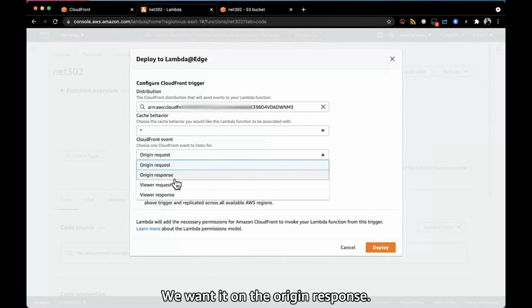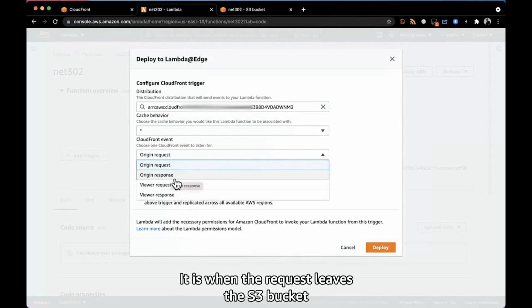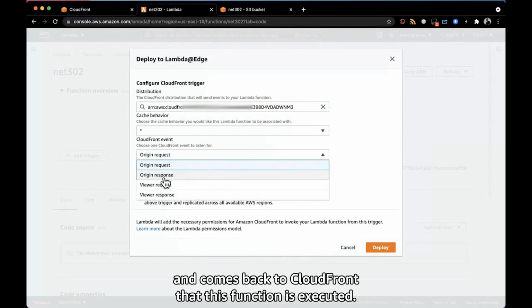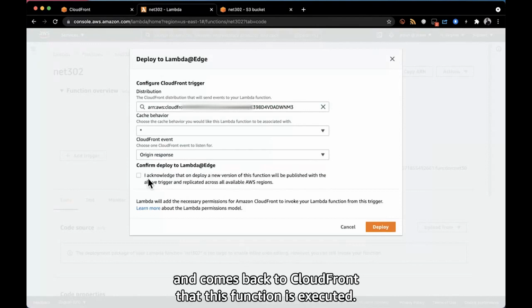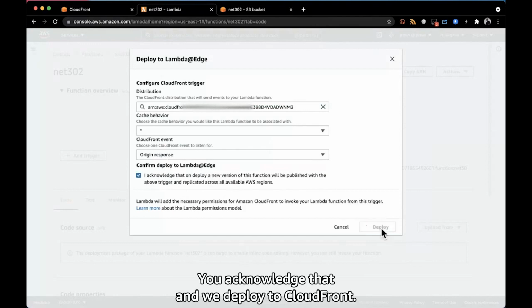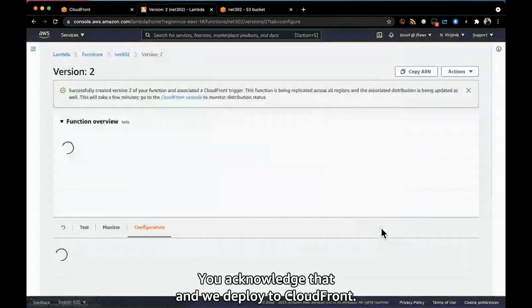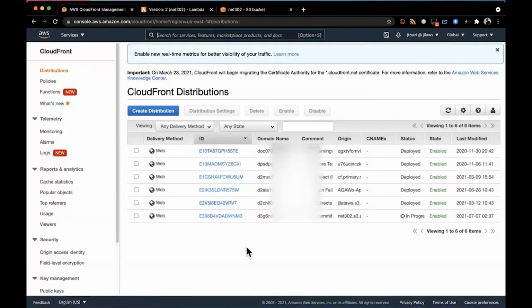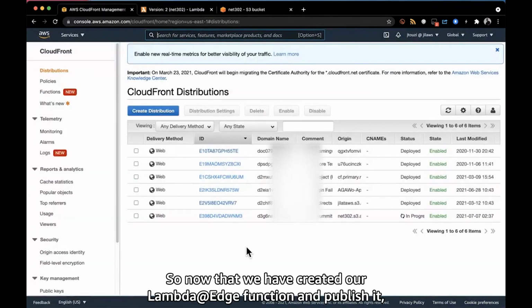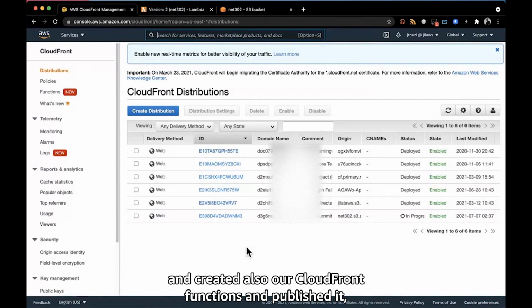We want it on the origin response. It is when the request leaves the S3 bucket and comes back to CloudFront that this function is executed. You acknowledge that and we deploy to CloudFront. So now that we have created our Lambda Edge function and published it, and created also our